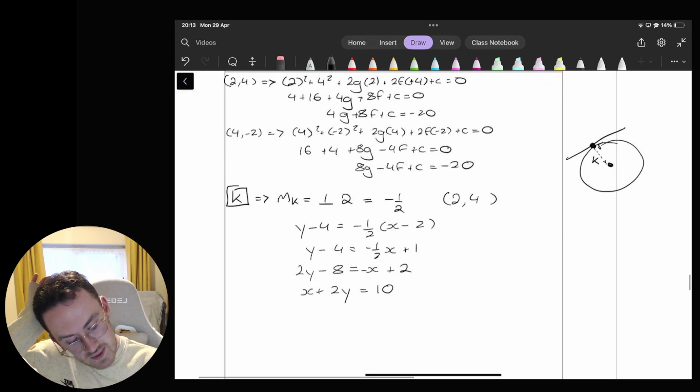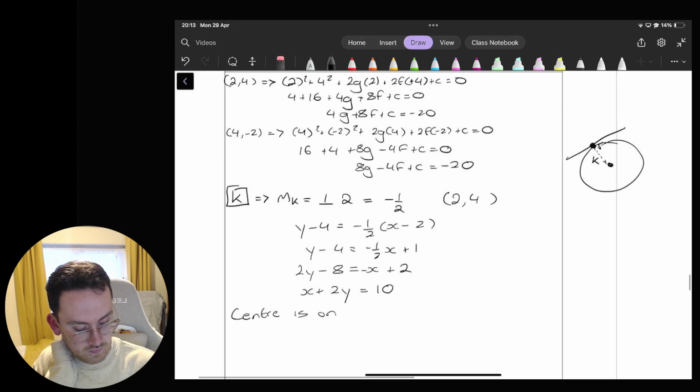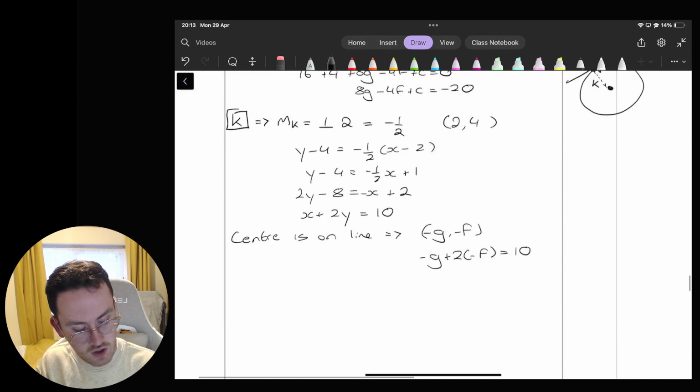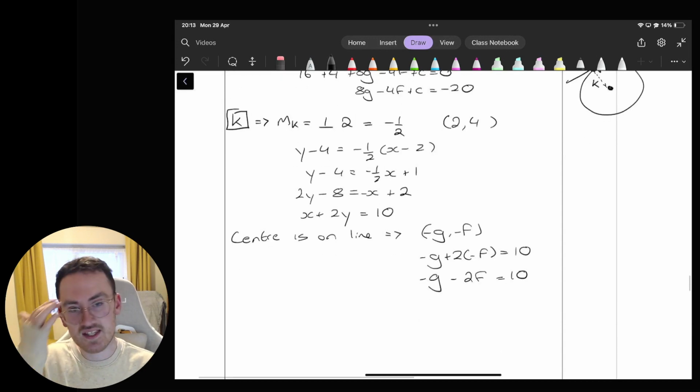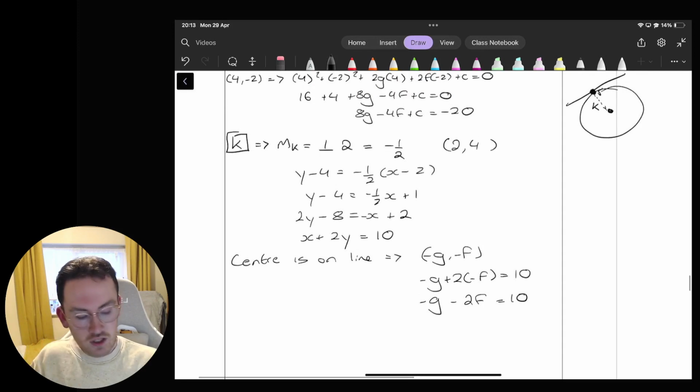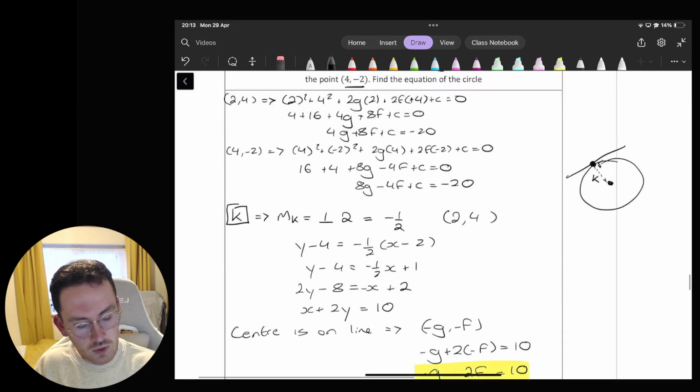Now, what I know about this is the center has to be on this line. My center is minus g, minus f. So I'm going to sub that into my equation of the line. It should satisfy the equation of the line, or it would if I knew what g and f were, which I don't in this case. So bearing all of that in mind, I now know that I have an equation at the end that has only g and f. So looking at my first 2 equations here,